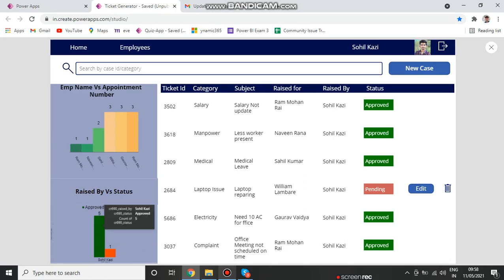So you can check here. He'll get 5 approved and 1 pending, and you can also filter how many are approved and how many are pending. I already mentioned the edit part. If you want to edit something, like the subject, and you want to mention more, you just go to the edit part and change whatever you wrote in the subject. So this is how the application will work.